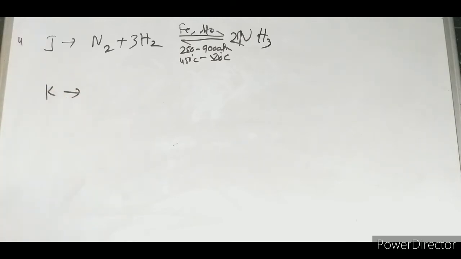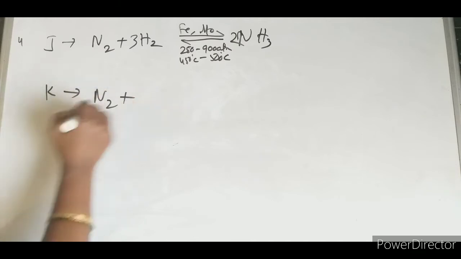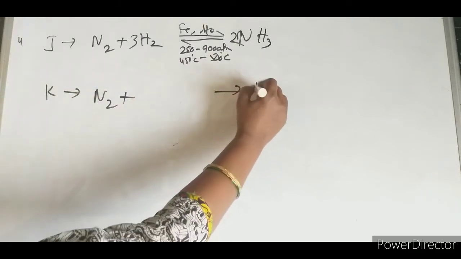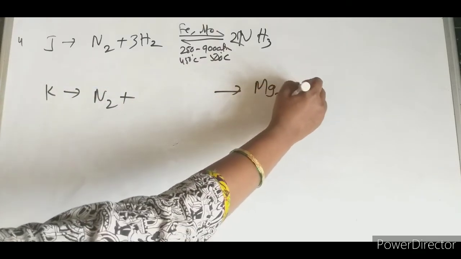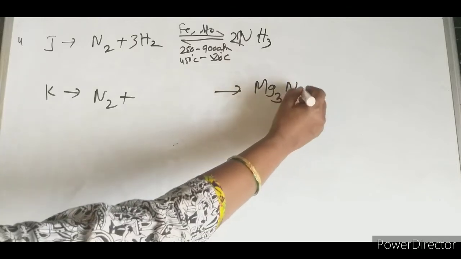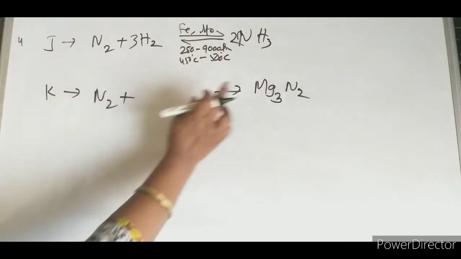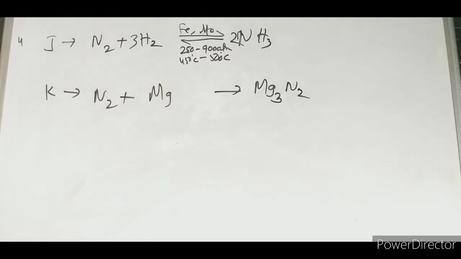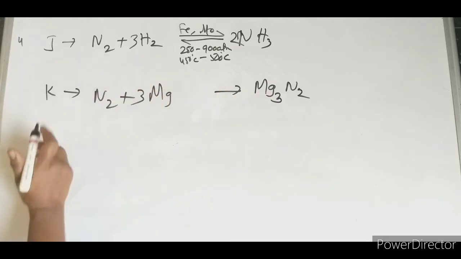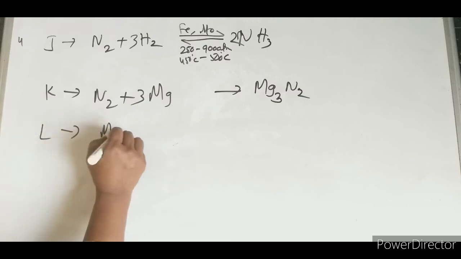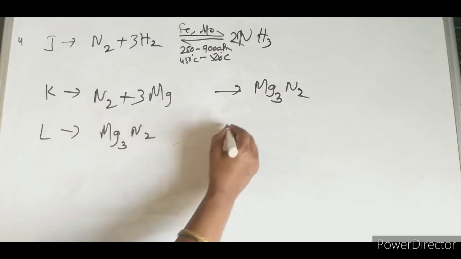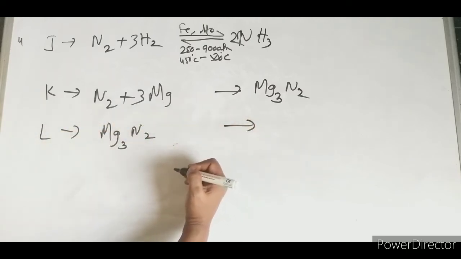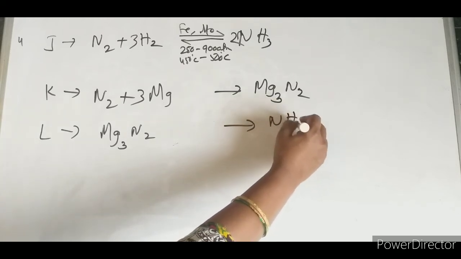See that one how much interesting it is. So nitrogen to get magnesium nitride. This one is magnesium nitride. So nitrogen when burns in the atmosphere of magnesium, it gives rise to magnesium nitride. So here it will be like this. And here this one will be L, from magnesium nitride. See that one how all these things are connected to each other. So it converted to ammonia.